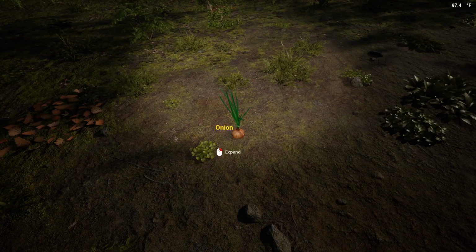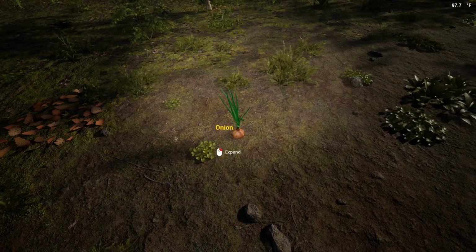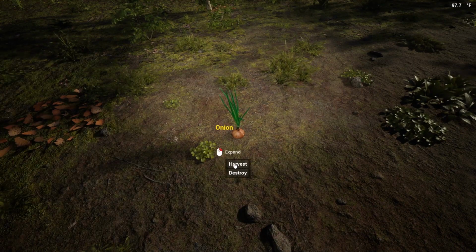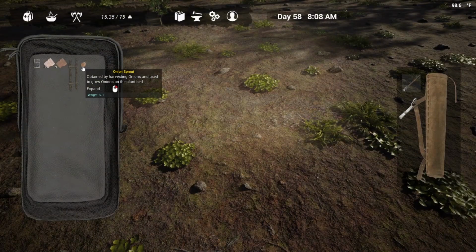The first item added to the game is this guy right here, a brand new vegetable, the onion. So like any of the other vegetables that you find in the wild, all you're going to do is click that right mouse button and click on harvest. By harvesting that onion, we've obtained one onion sprout, which you can plant in order to grow more onions, and